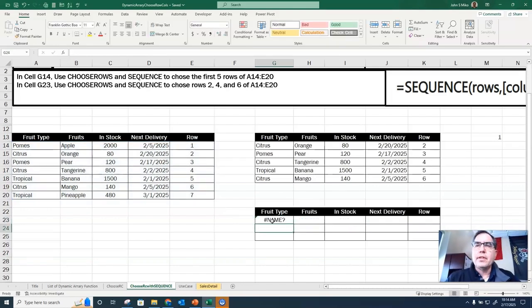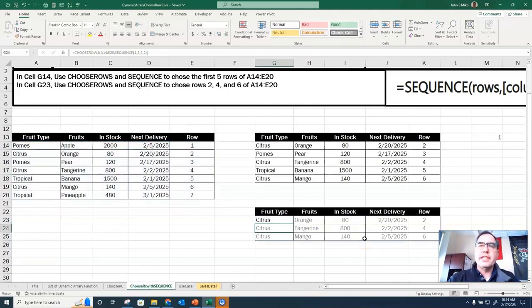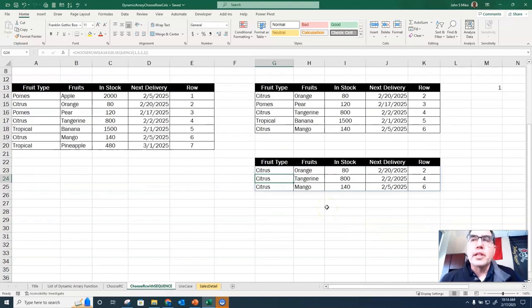I hit enter. Oops, I got an issue. Sequence E is not right. Sequence is. So 2, 4, and 6 is what it returns. So that's pretty cool. Now the last thing I want to do is we can do this with big arrays